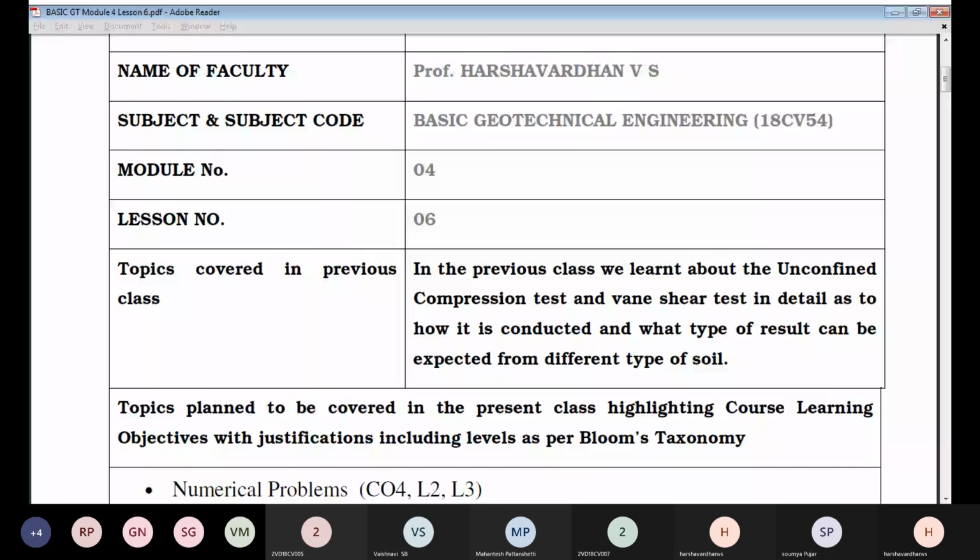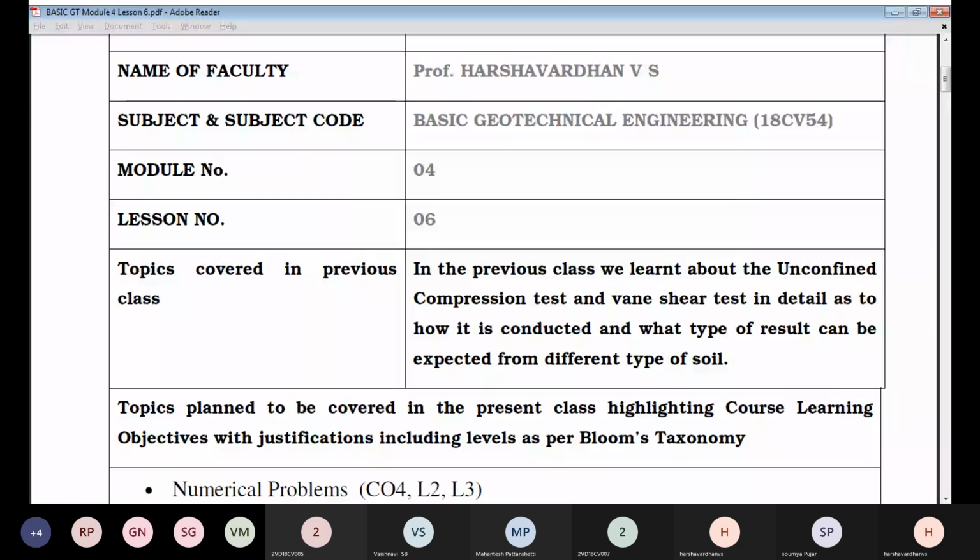In today's class, we'll be going through lesson number 6 of the 4th module. Okay, the theoretical part of this module was over in yesterday's class. From today on, we'll be solving some problems, and